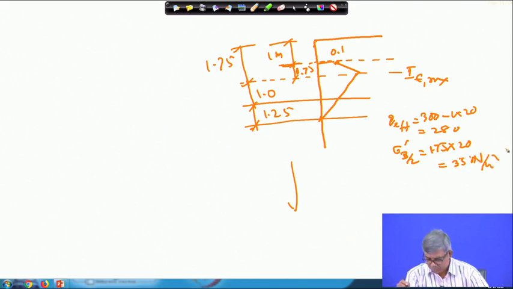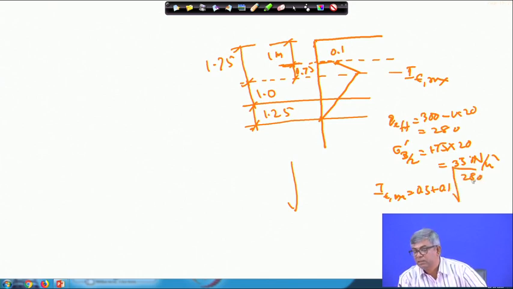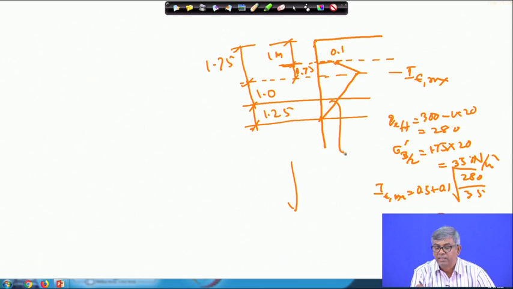kilonewton per meter square and I epsilon max will be equal to 0.5 plus 0.1 under root Q effective, here 280, and sigma B by 2 dash, that is 35. So, that gives you 0.783. So, this value is 0.783 and if I know the distance, I can find out I epsilon for this layer. So, this I epsilon I can find out from the symmetric triangle.